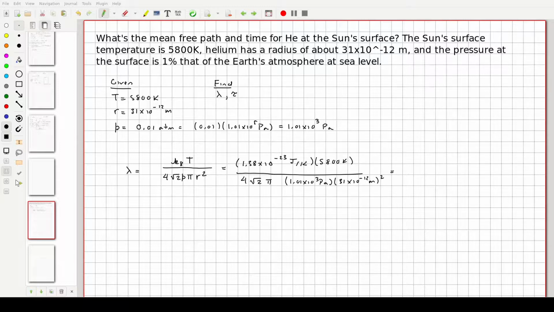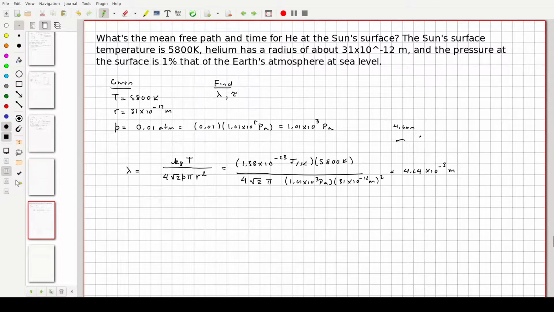And that is 4.64 times 10 to the minus third meters. So something like 4.6 millimeters is how far